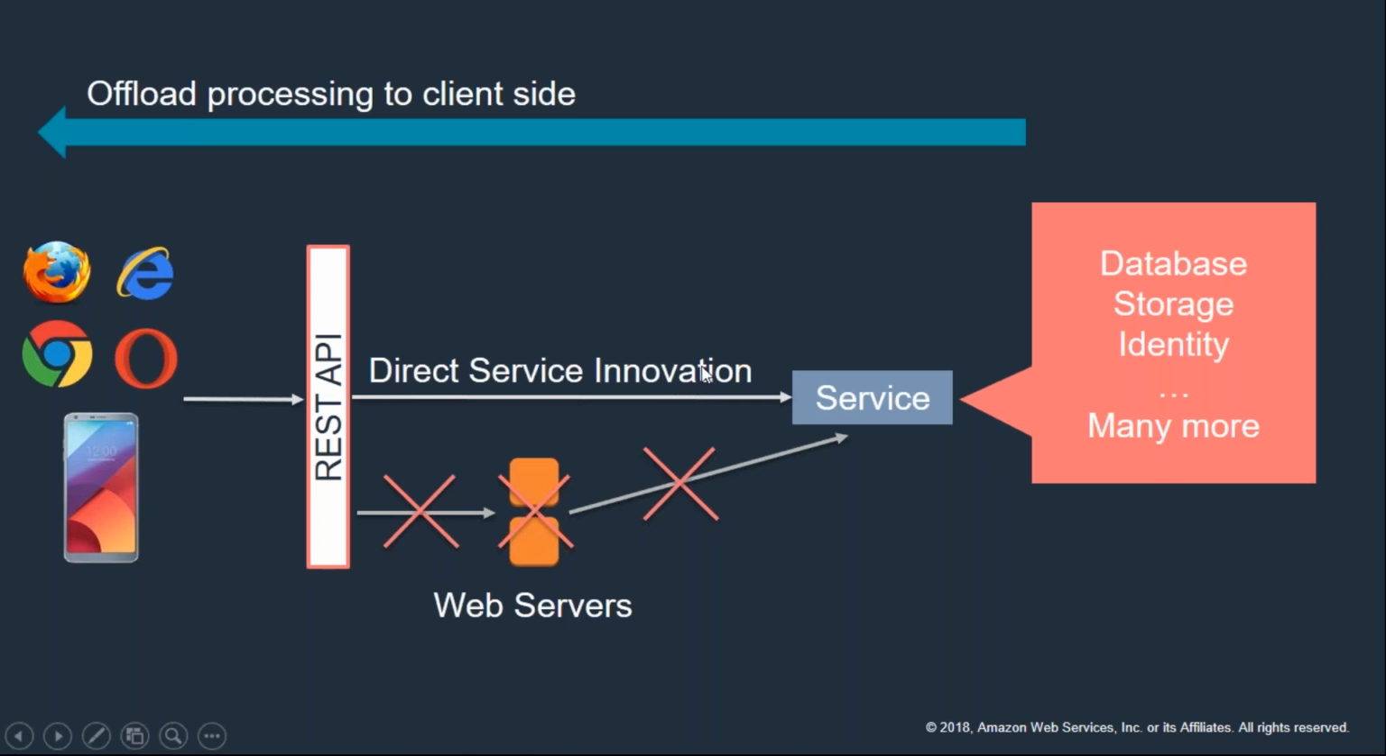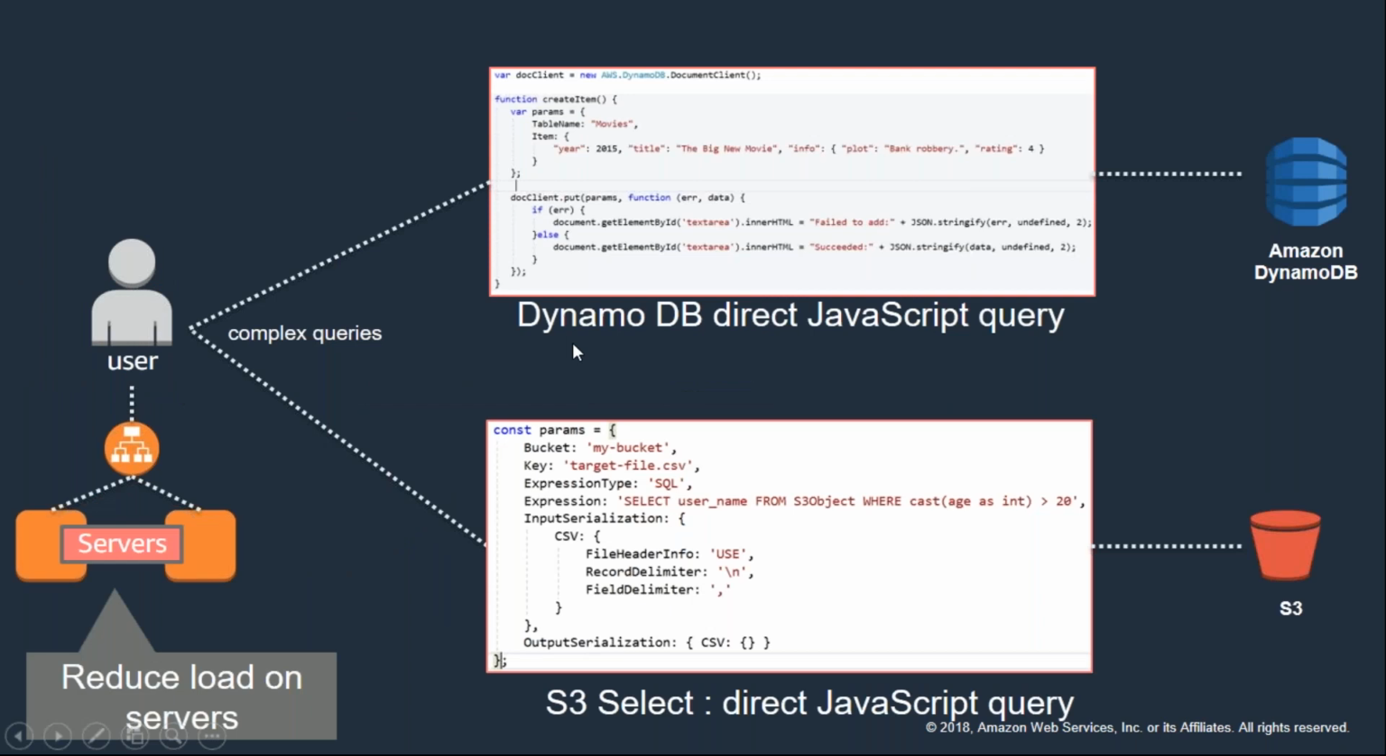But with these direct service invocation capabilities, you can directly invoke the databases and the storage. So you can offload most of the processing the web servers did to the client side. The beauty here is that you reduce your cost of operation. So for example, if you want to invoke DynamoDB from your mobile application or from your web browser, you can